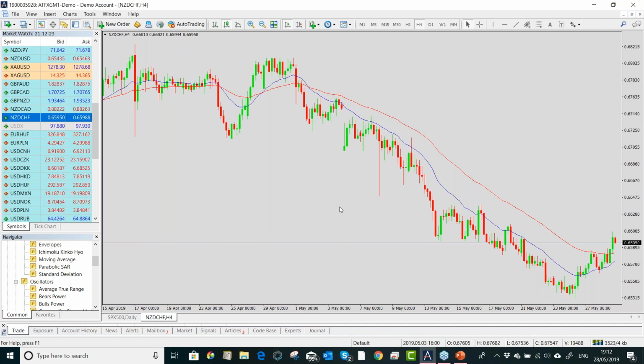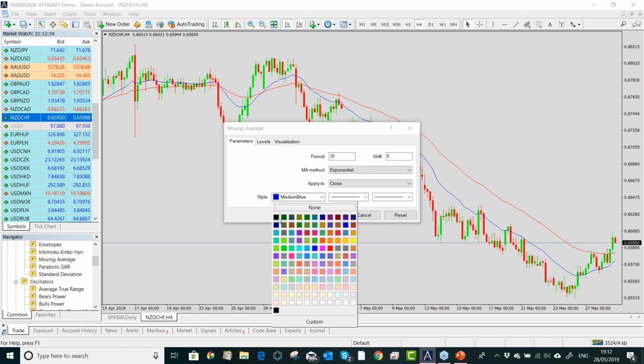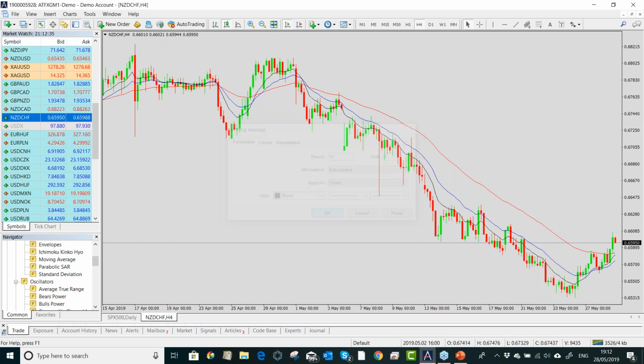I'm actually just going to use those two for now. Actually, I'll add one more. And it's going to be the 10 moving average. So moving averages also help us to identify trends, because moving averages